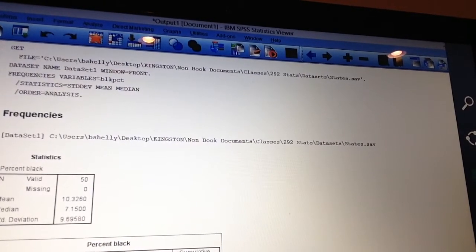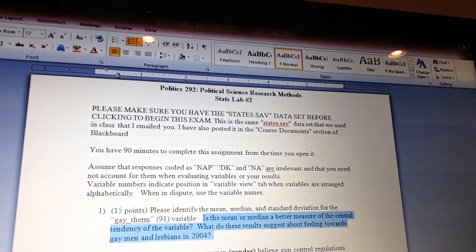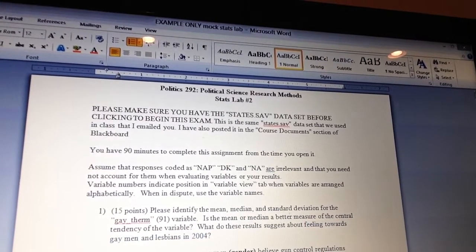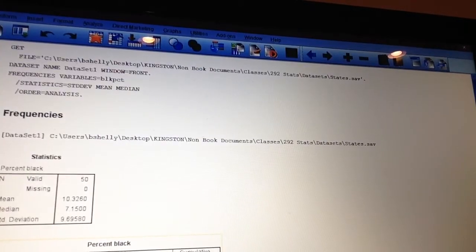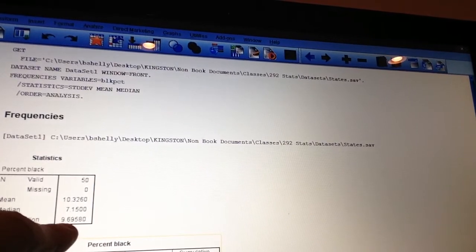Then if we go back and look at the third part of this question, we can say, what do these results suggest about, in this case, blacks in the United States. Well, going back to the results, you could just do this from the mean and the standard deviation. You could say that the percentage of black clearly ranges between basically,